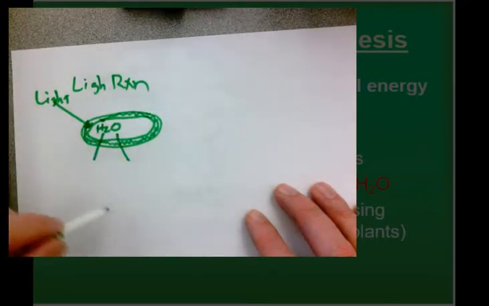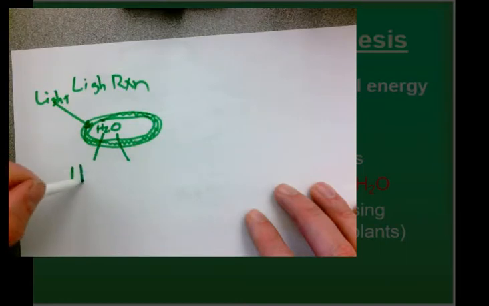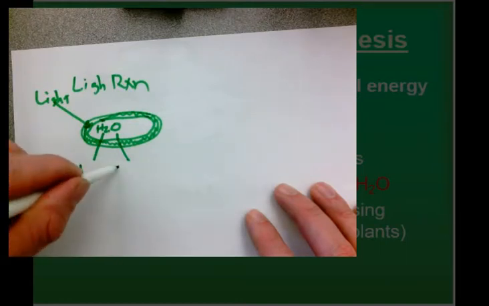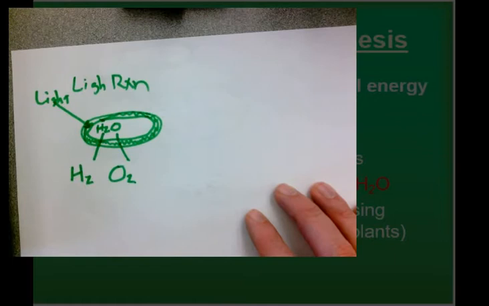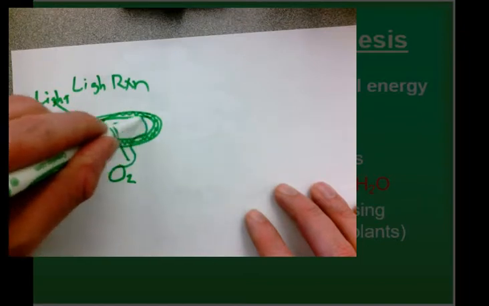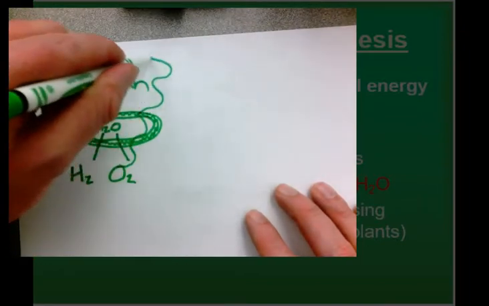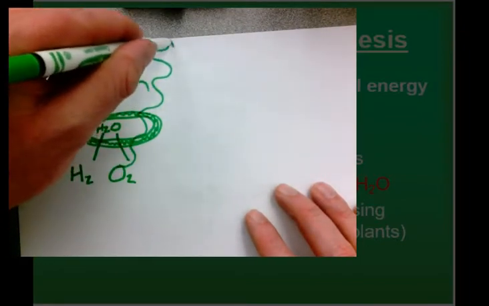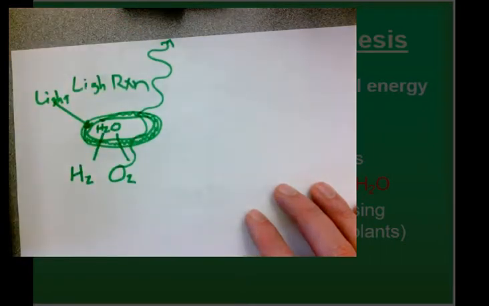What are we going to split water into? We're going to split water into hydrogen, and we're going to split water into oxygen. This oxygen is going to leave the plant cell, it's going to leave the leaf, and it's going to go off into the atmosphere. Well, we're going to use oxygen for cellular respiration. This hydrogen